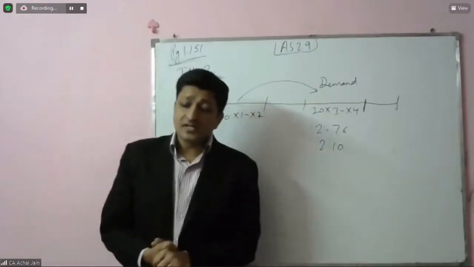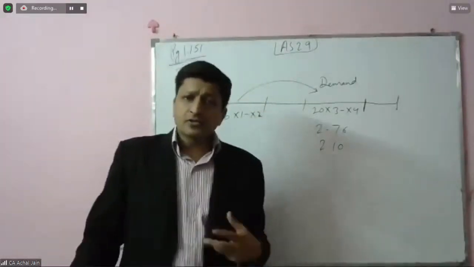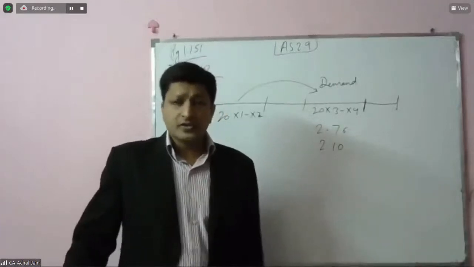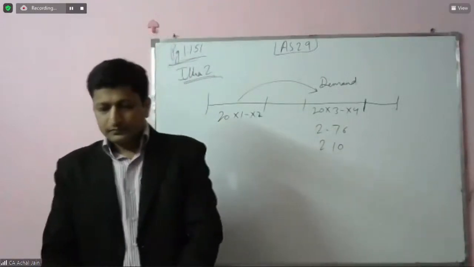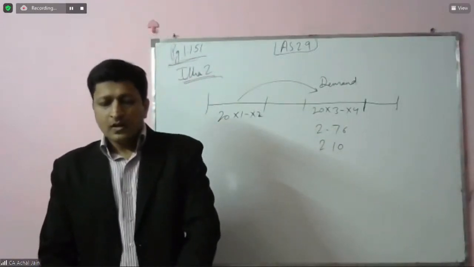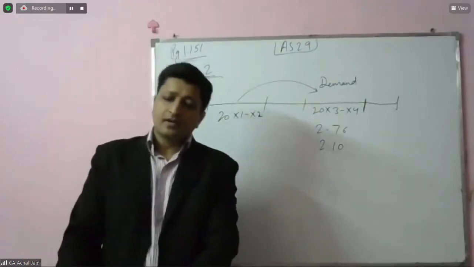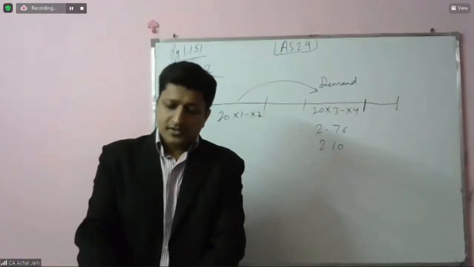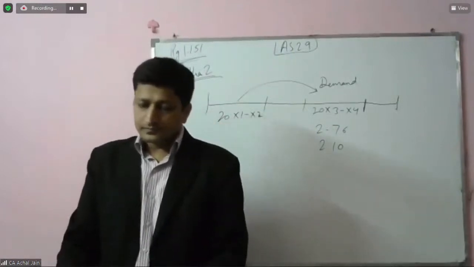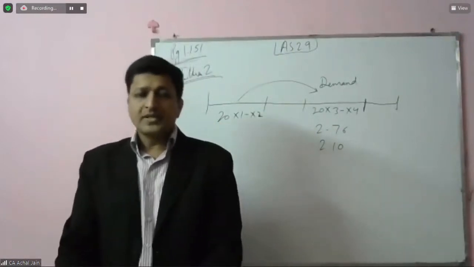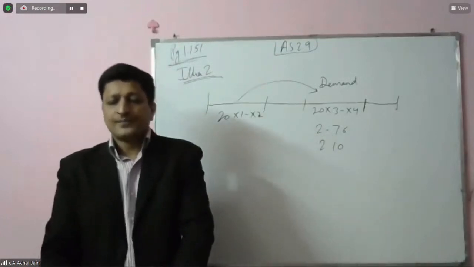Anushka has already answered this. She's saying the first one means this one should be a contingent liability. Can you also tell me the amount which should be there for this contingent liability? Anushka is saying 2.10 should be the amount of contingent liability. Okay, very good. What about others? Yes. I'm waiting for a response. Quickly answer this.